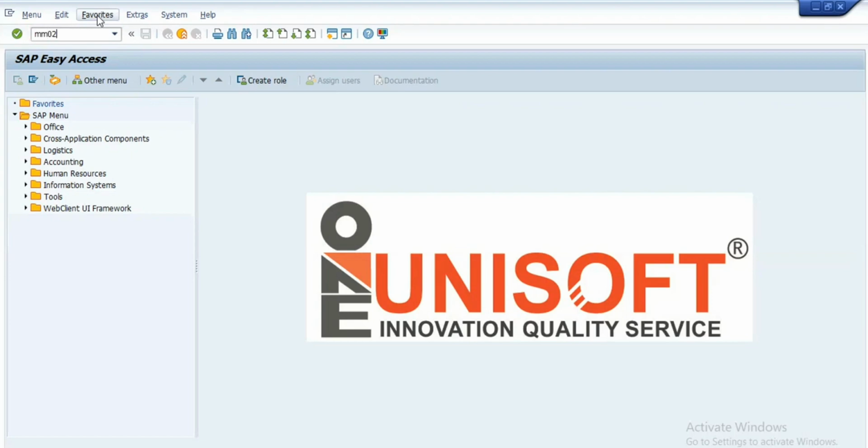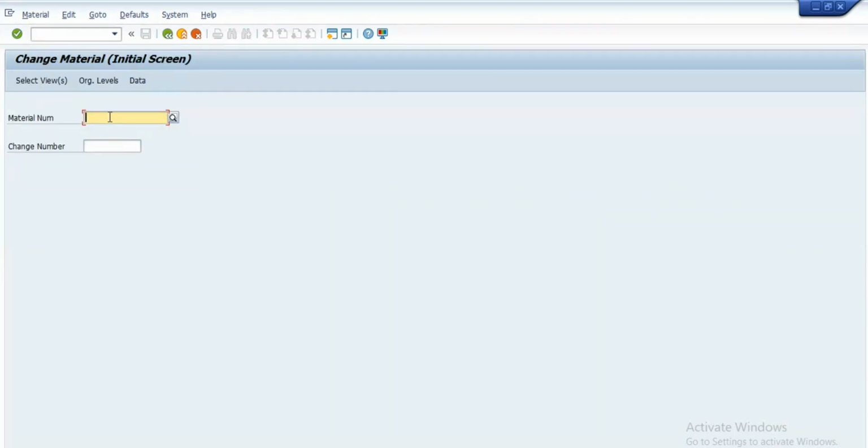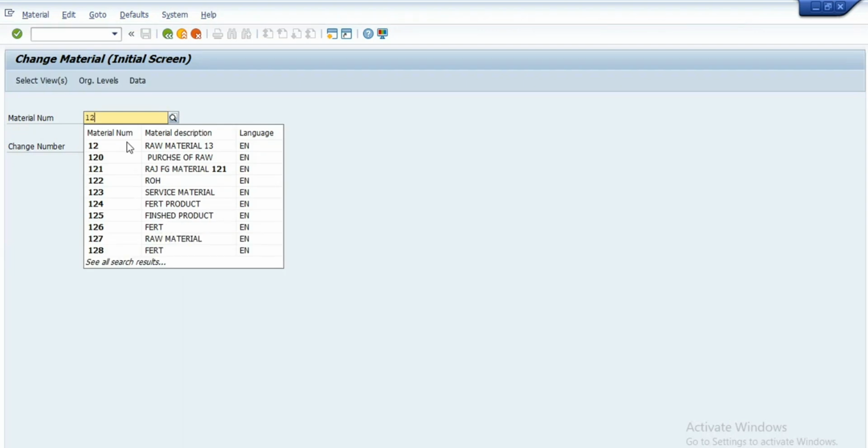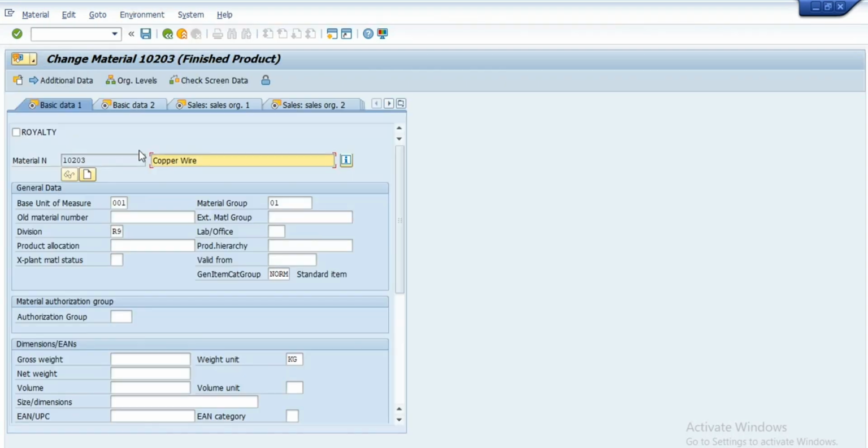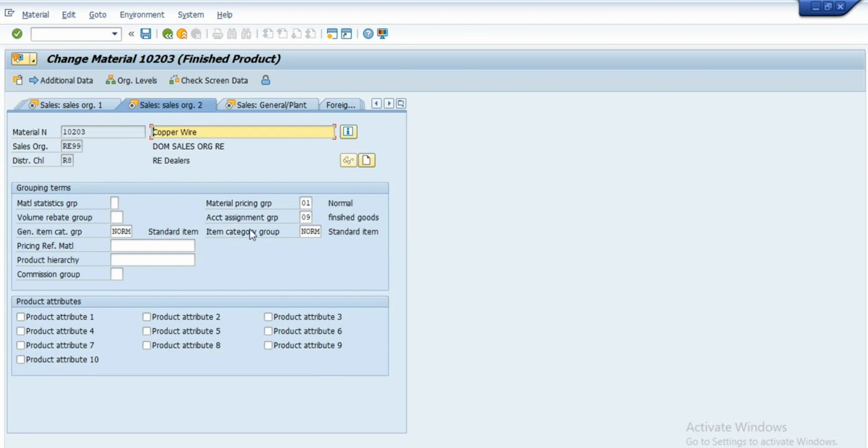MM02. I will enter this material. And sales organization 2. If we do not maintain the item category group, then in the sales order level we will encounter the error. And after that, the load